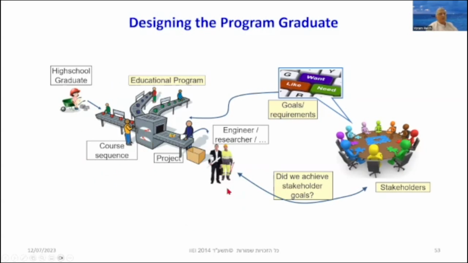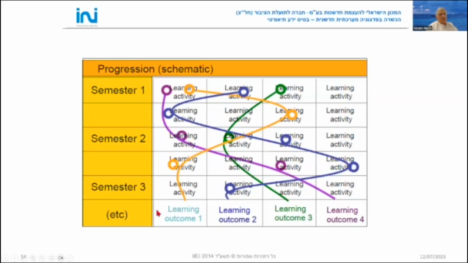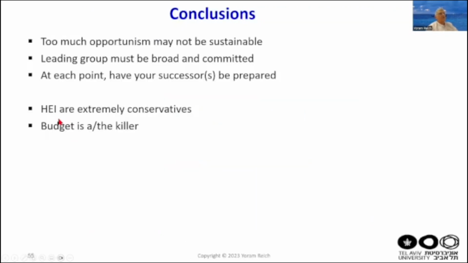And then we need to test whether we actually achieve that. The way to do it is we think about the learning outcomes, which may be skills, capabilities, knowledge, whatever you want to have here. Each of these needs to be developed gradually along the course of the curriculum as it progresses. We don't need to change all courses, just some of them, and do it gradually. So, for example, for learning outcome 3, we start low, increase, until we get to where we want. So this is the way to develop a curriculum in a systematic way.